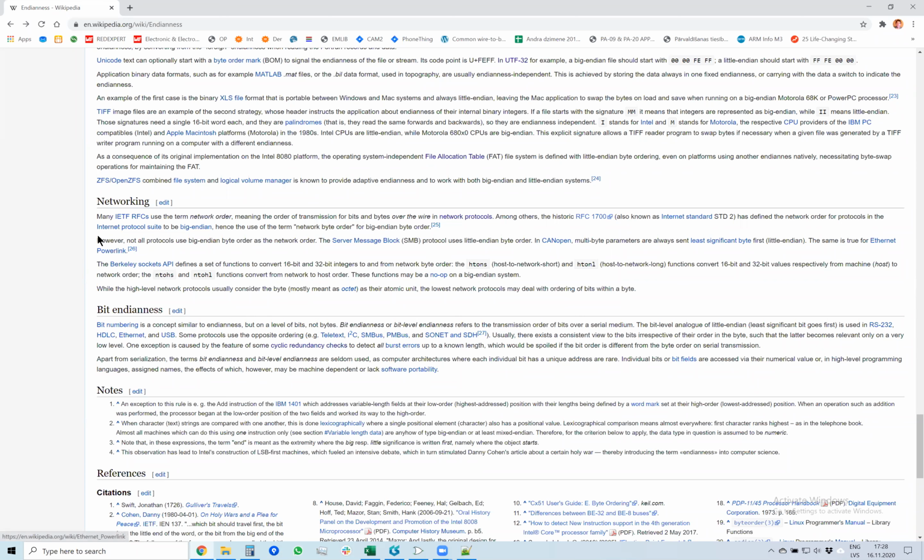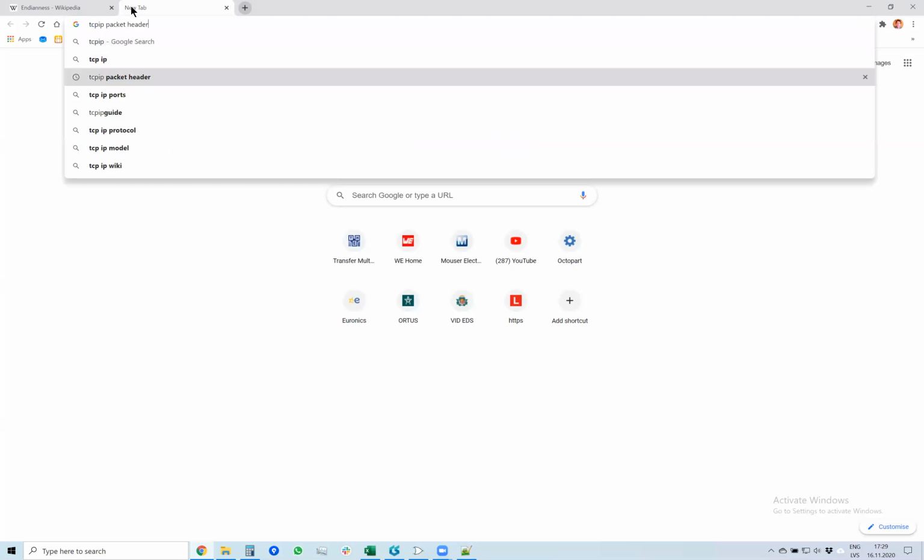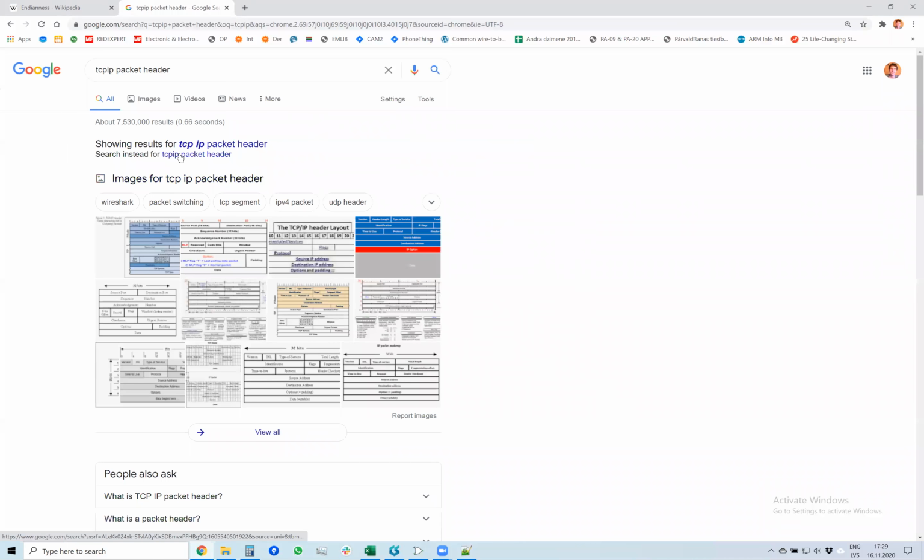Only in some microcontroller-oriented protocols, like SMBus, which is used to communicate between microcontrollers, and since most microcontrollers are Little Endian, this protocol is also Little Endian. But generally, network protocols, let's say the TCP/IP packet header,